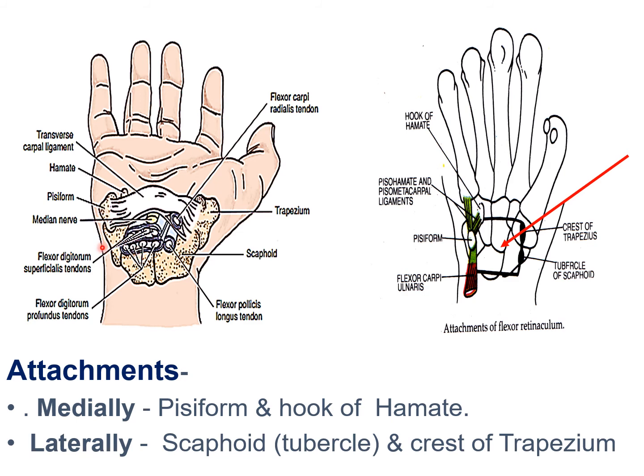Medially, the flexor retinaculum is gaining attachment to the pisiform bone on the proximal row, and distally on the medial side it is gaining attachment onto the hook of hamate. Laterally, proximal attachment is on the tubercle of scaphoid bone. Distally, the crest of trapezium gives attachment to the flexor retinaculum. So all the corner carpals are giving attachment to this flexor retinaculum, which keeps the flexor tendons in position.